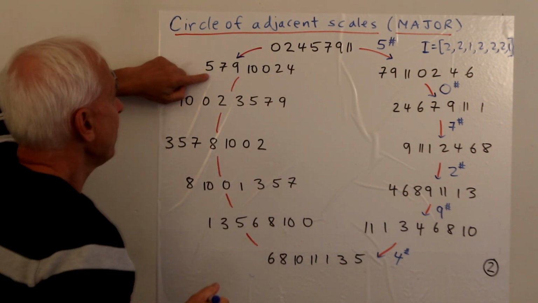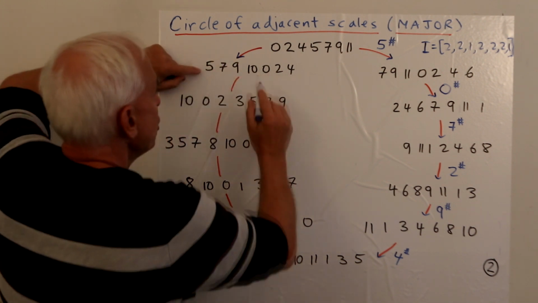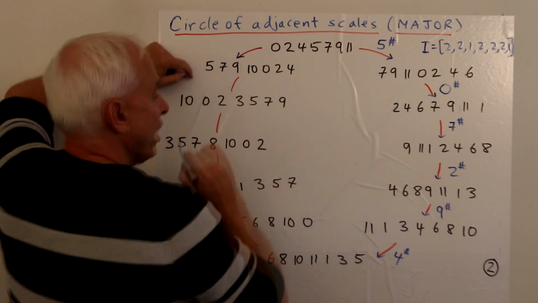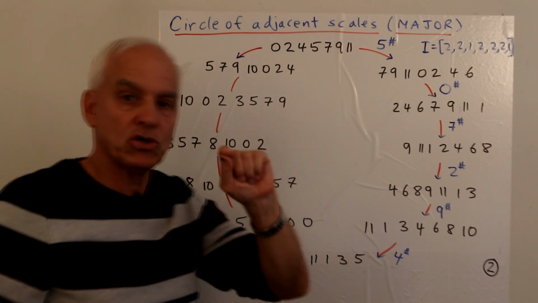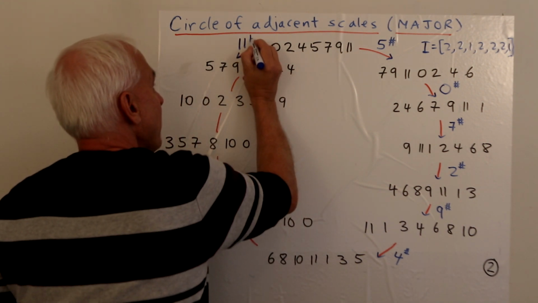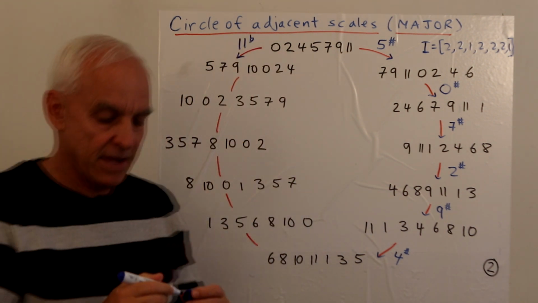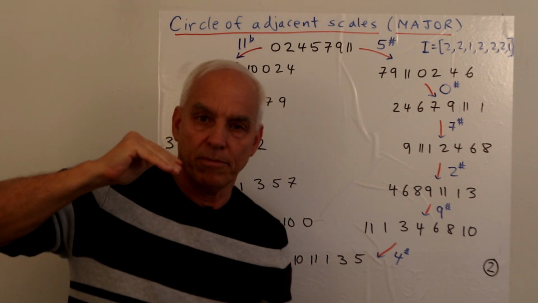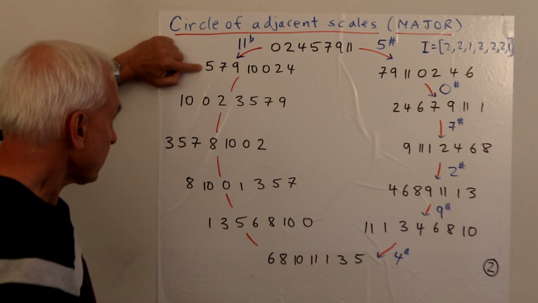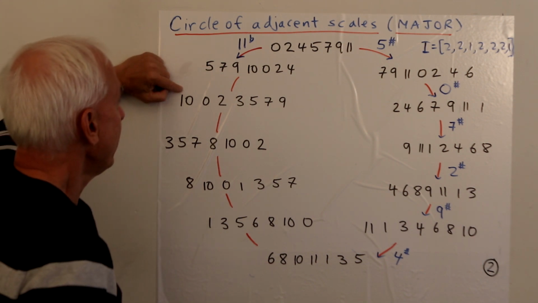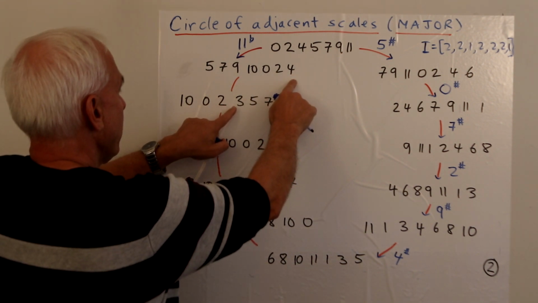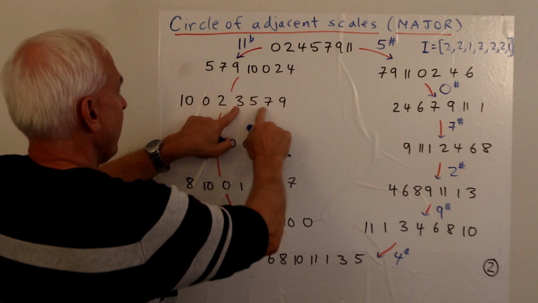Okay, so this one here, 5, 7, 9, 10, 0, 2, 4, shares most of these except for which one? The 11. The 11 has changed to a 10. So it's actually gone down. Okay, so we're going to denote that by having 11 here, and then this is a little flat sign. That means go down one step. So sharp goes up one step, flat goes down one step. Okay, so similarly, to go from here to here, which one changes? The 4 has to change to a 3, otherwise 5, 7, 9, 10 are the same.